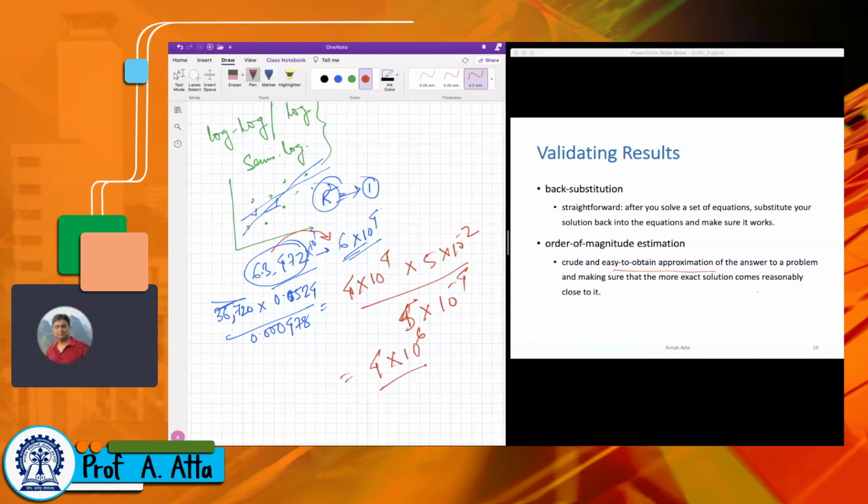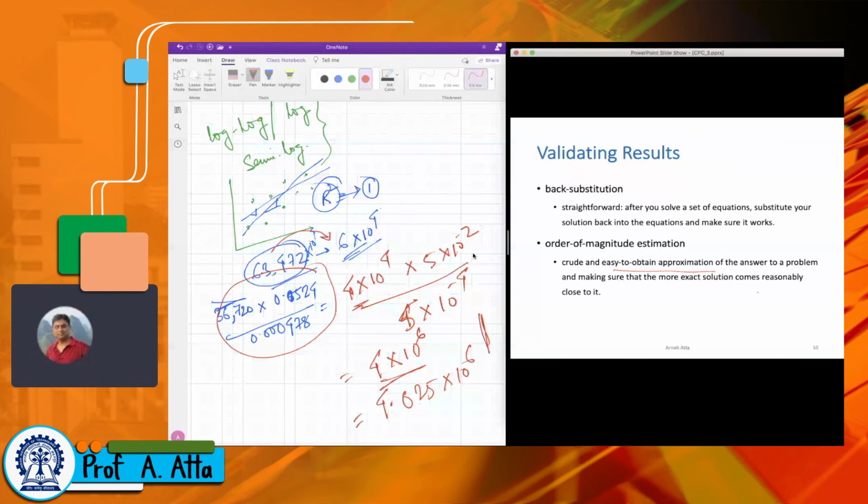Okay. Now can you quickly do this calculation in your computer or calculator, and tell me the result? 4.025 into 10 to the power 6. See how close we are. Without even a calculator, we came to a very close value with the order of magnitude analysis or estimation. But for that, you have to follow a certain thumb rule. Had you taken 3 here, the result could have deviated by a large value. Is it clear? Any question at this point?